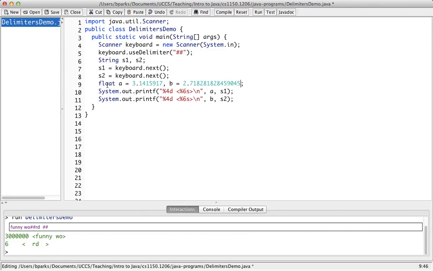My Calc 2 teacher forced us to remember E to 15 decimal places. I can't forget E to 15 decimal places anymore. But in this case, it will be convenient because